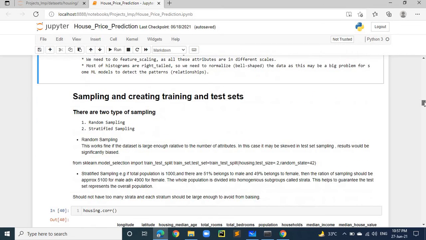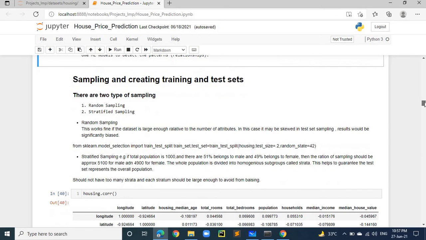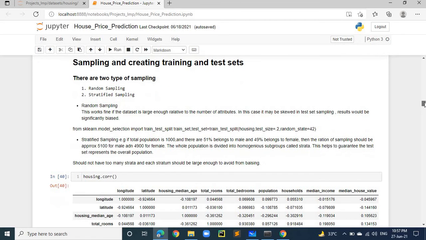Fine. Now we have to talk about sampling techniques. Before moving towards any machine learning approach for predictions, we need to divide our data set into training and test data sets. We need to keep the testing data separate and untouched. So we first have to divide into training and test. Whatever processing we do, we'll do on the training data set first. For that we have to divide our data set into training and test. This is called the sampling technique.